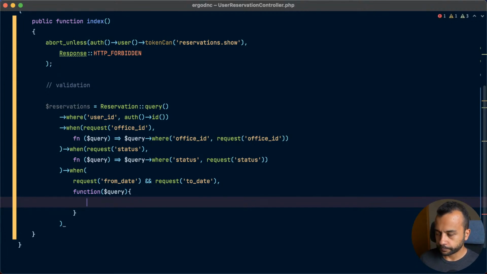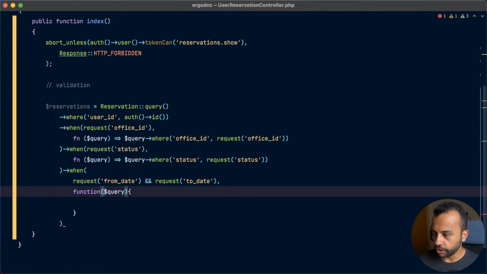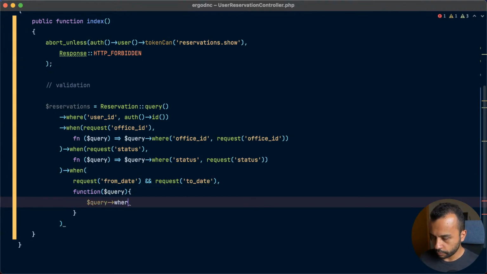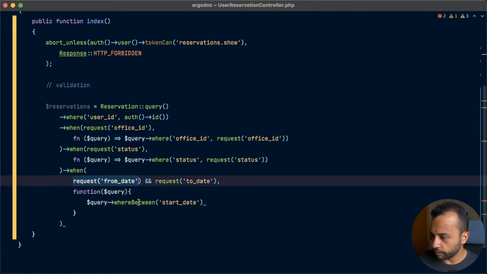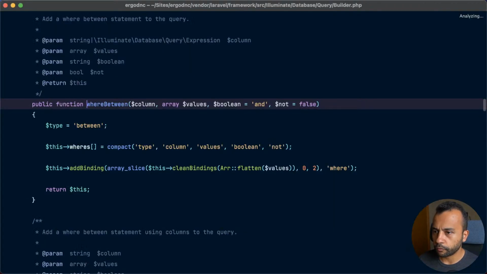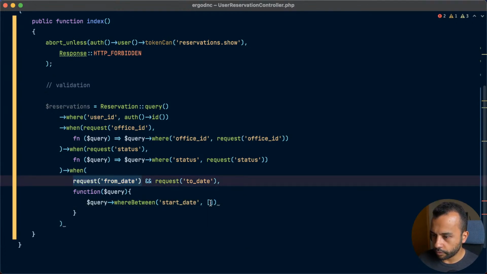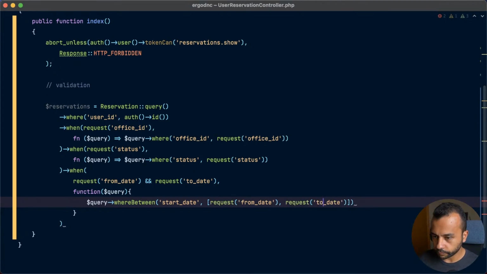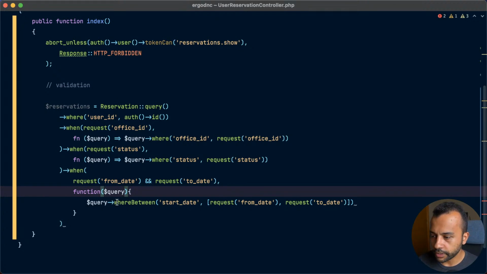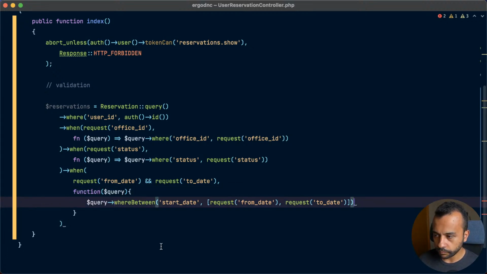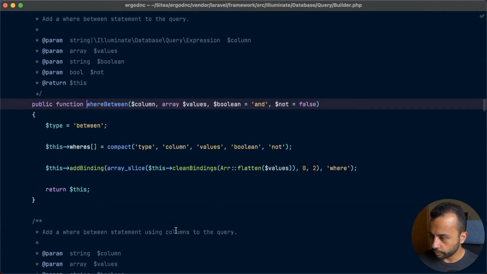Let's get to it. So if you are providing a date range, we want to limit results to where between start date. We want to find where between accepts an array for the second value. Let's find the method signature. So where between the from date and the to date, right? We will try to find reservations where the start date is between the from date and the to date, or where